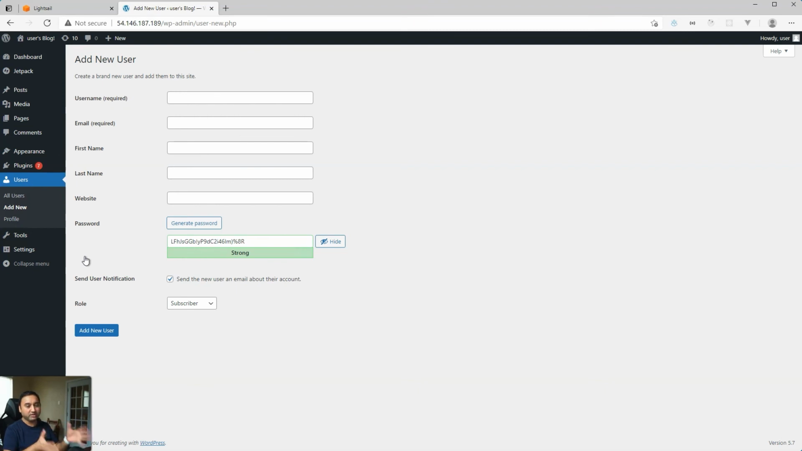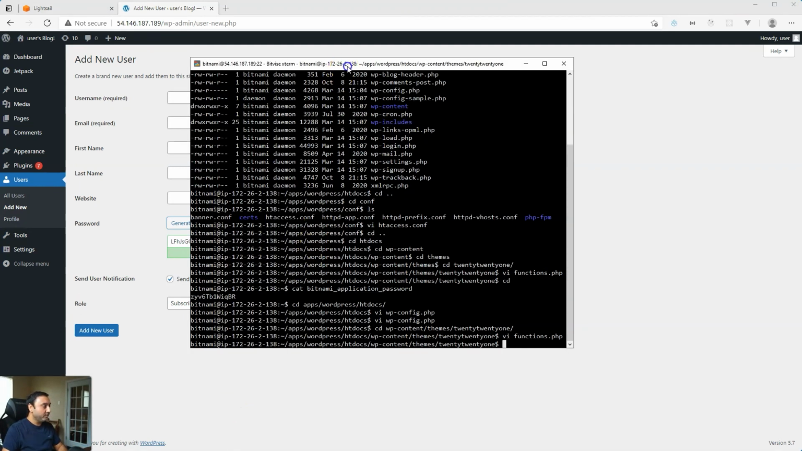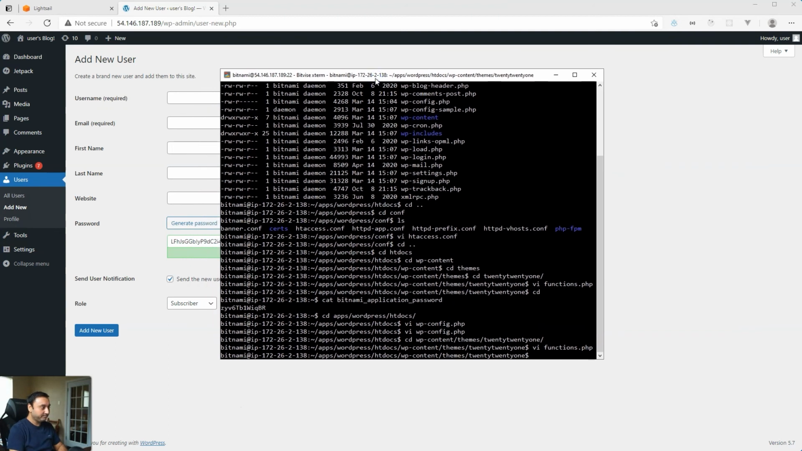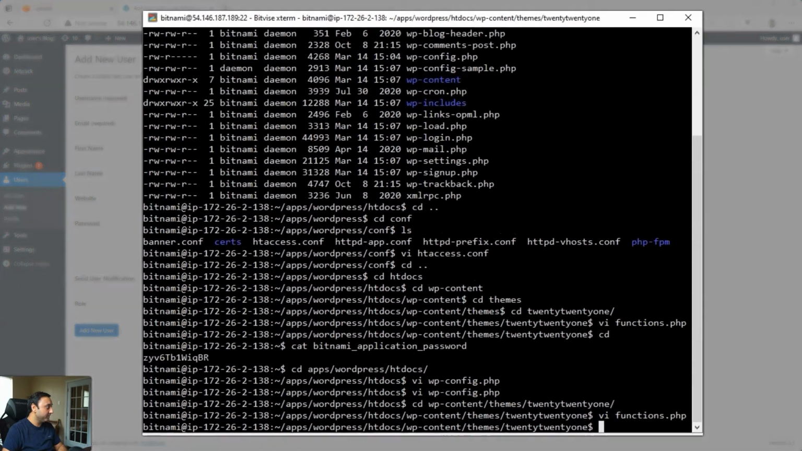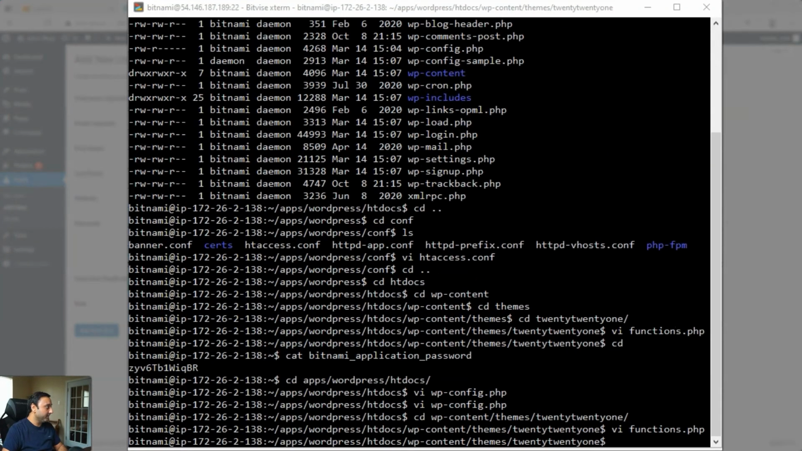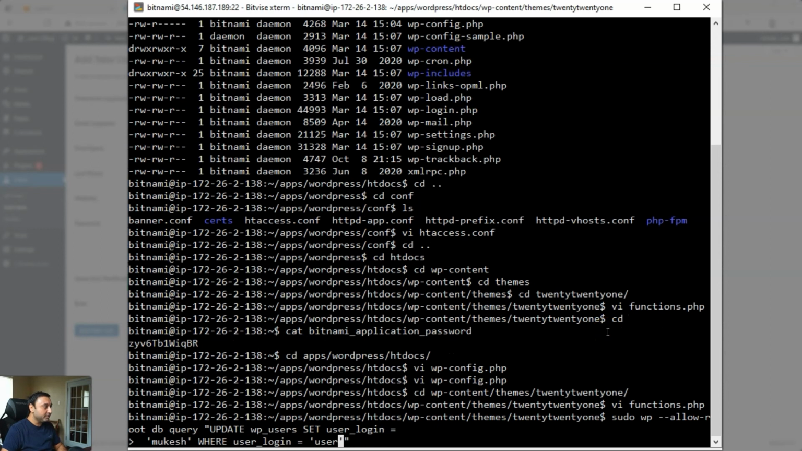But since we were doing all of this without a plugin, I'm going to show you how to do it using the WP CLI. So let's go ahead and go on to our SSH terminal. And what we will do is type this command here. So what this does is we do sudo wp, which is the WP CLI, --allow-root,